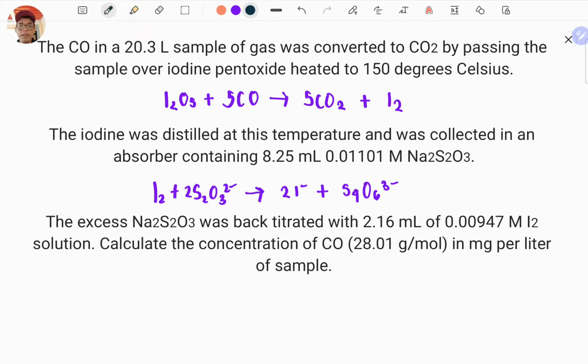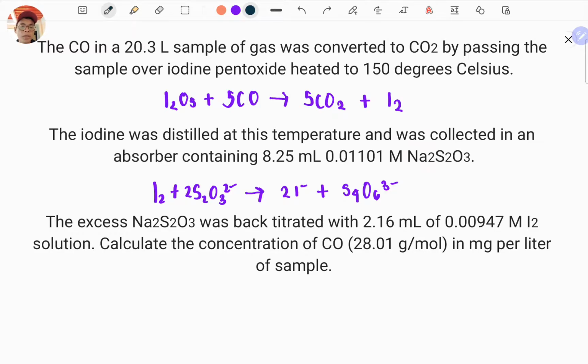The carbon monoxide in a 20.3 liter sample of gas was converted to carbon dioxide by passing the sample over iodine pentoxide heated to 150 degrees Celsius. So that's iodine pentoxide plus 5 moles of carbon monoxide forming 5 moles of carbon dioxide and 1 mole of iodine. The iodine was distilled at this temperature and was collected in an absorber containing 8.25 milliliters of